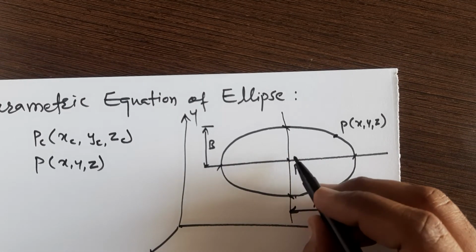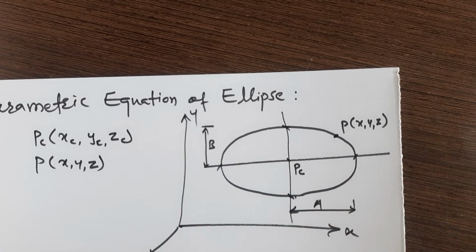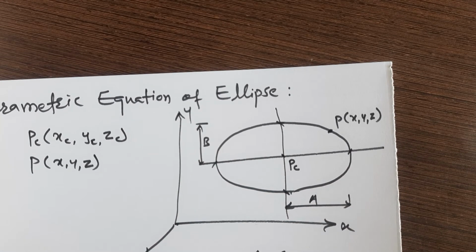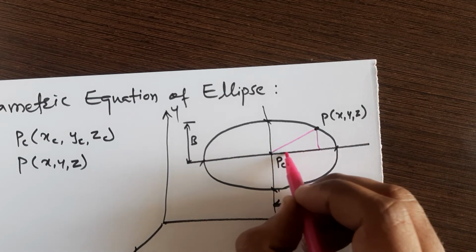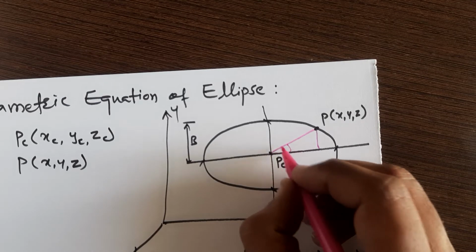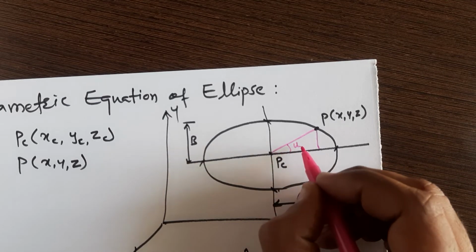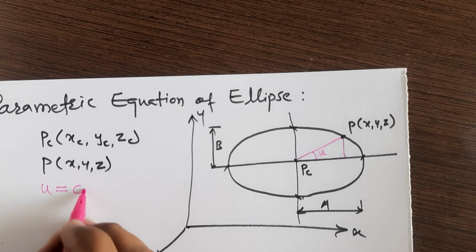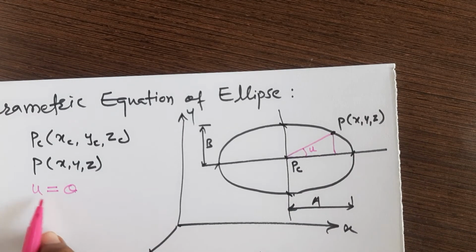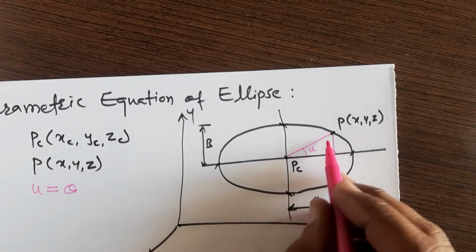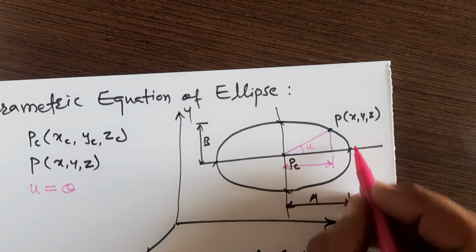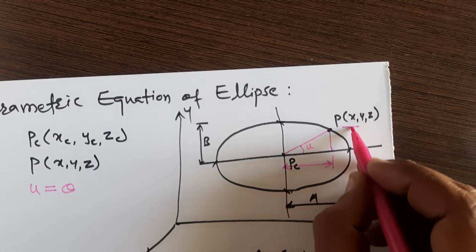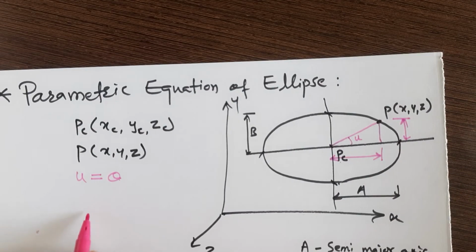Okay, so draw here a triangle. Let us say this is a triangle, and this angle is, let us say, a parameter. We are assuming this angle as u. So u is nothing but theta. Here we are denoting it u because it is a parameter. We want to write this equation in terms of the parameter. So this is u. Now we want to find this distance from here to here, and this distance from here to here. So we can take the triangle.